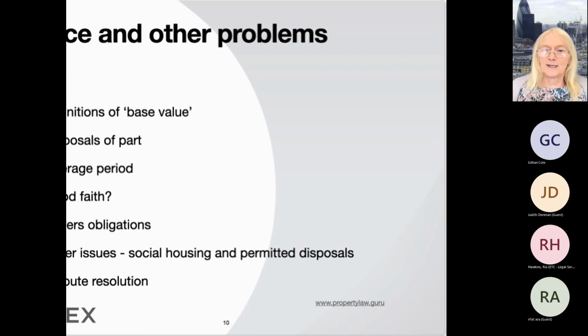But really, everything is up for grabs here, and it's important to get this understood at the heads of terms side of it. If there are site assembly deals, you've got the same sort of problem of averaging the cost across the whole of the development. Also be warned that sometimes these things can be quite harsh. The case of London and Ilford is an example, a recent case, where a developer was required to pay an overage sum if prior approval was obtained to convert office space to 60 residential units under permitted development rights.